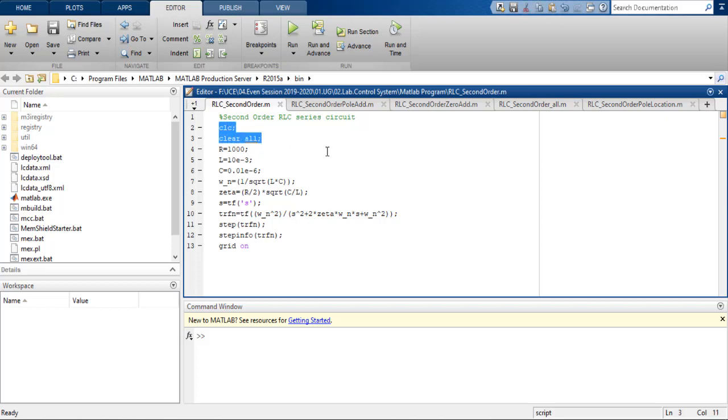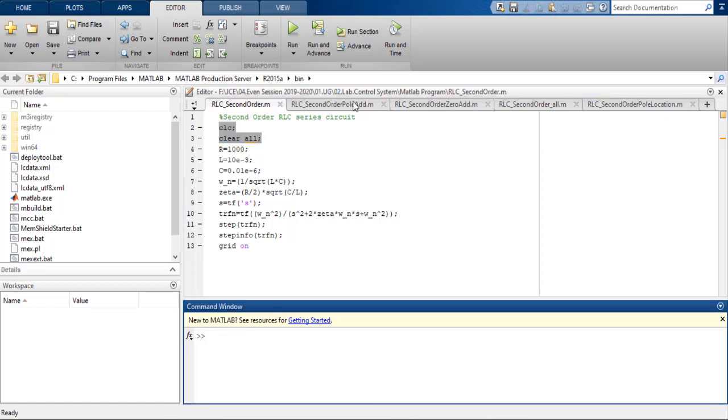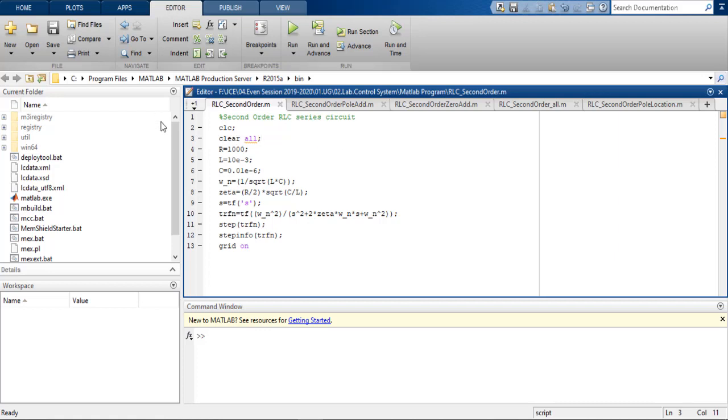The first two commands that you are very familiar with are clc, or clear screen, which clears the command window, and clear all, which clears all the previous variables that are stored. This is used when you are running a new code after a lot of working with MATLAB. If you worked previously with MATLAB without closing it, there will be some stored variables which might interfere with your present program. So when you type clear all, it clears all those variables.